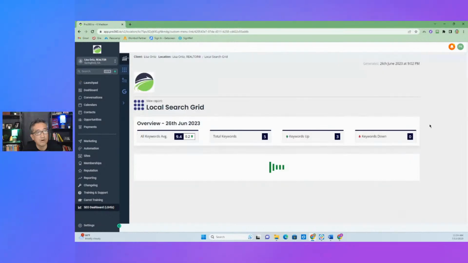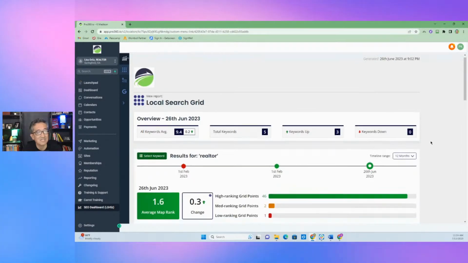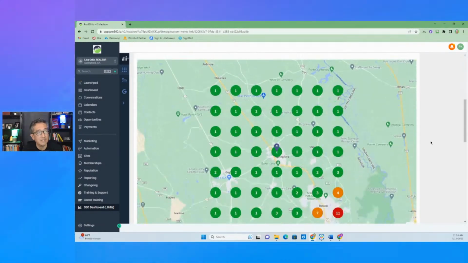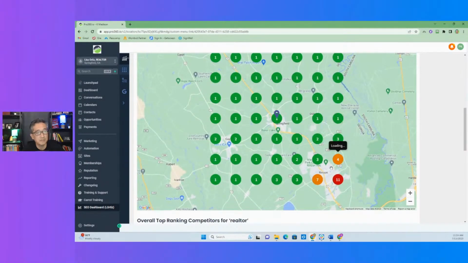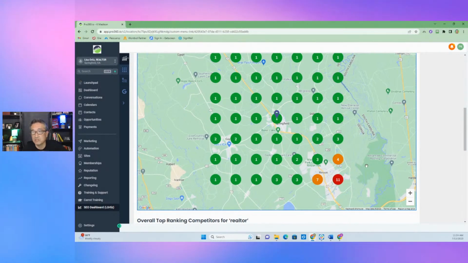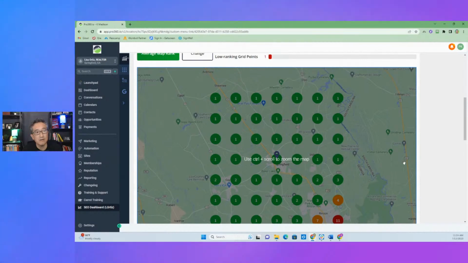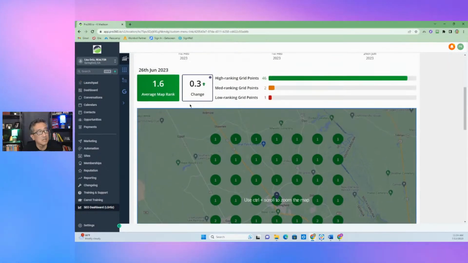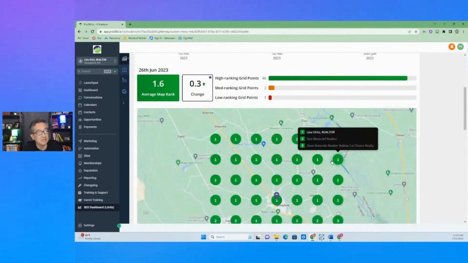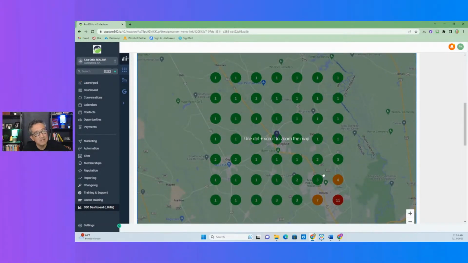And so for our latest one, we did expand it. And as you can see, it expanded a little bit out. And so probably next month, when we run the search, we run the search every month, we're going to expand it even more by 3 miles to see where it goes, right? And so this is great because